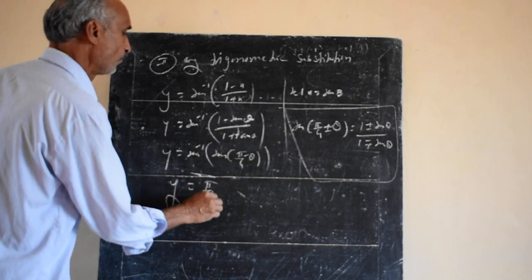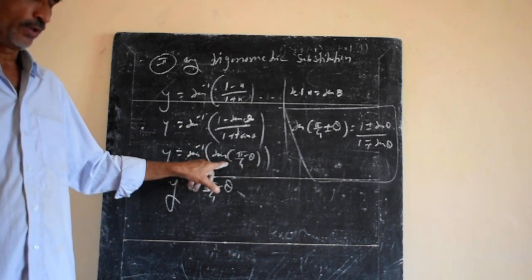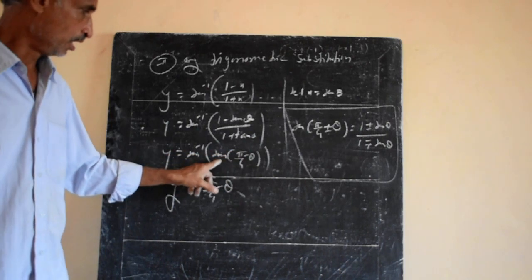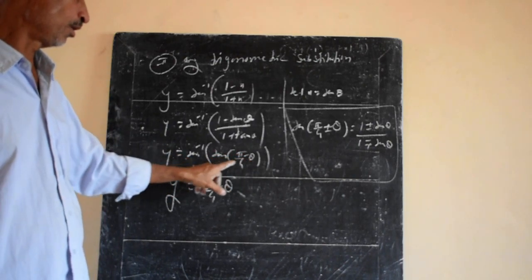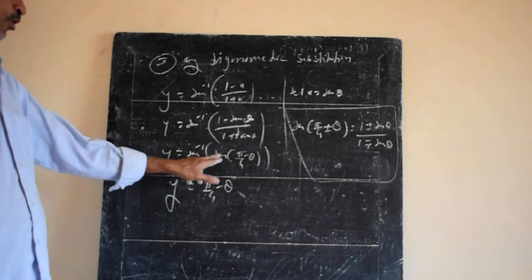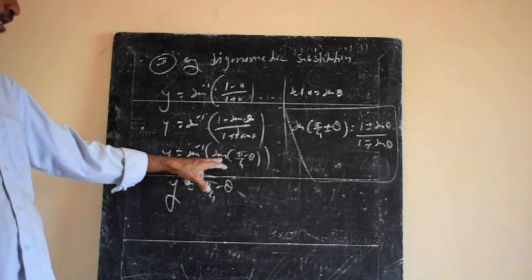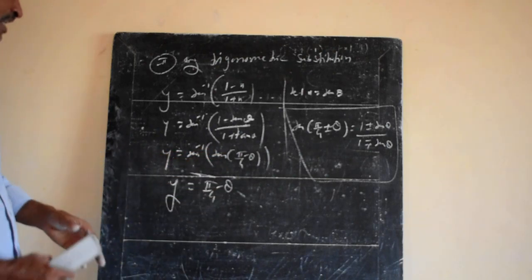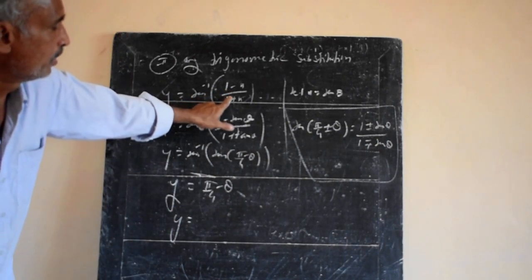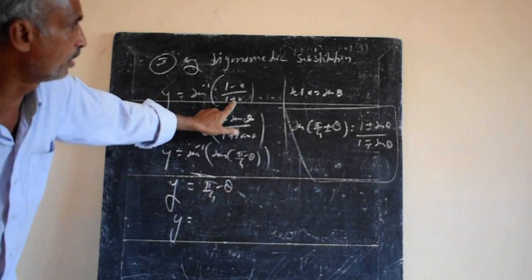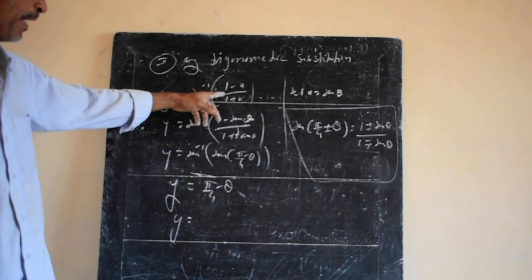Then what remains? Pi by 4 minus theta, provided this particular function, tan of pi by 4 minus theta, is within its principal domain, is it not? The principal domain is minus infinity to plus infinity, but the domain is not mentioned here. It means in that case we can simply take tan inverse and tan facing each other, cancel each other. Getting back to the original variable x, because originally the function is in the variable x. Therefore, once the function is simplified, we should return back to the original variable